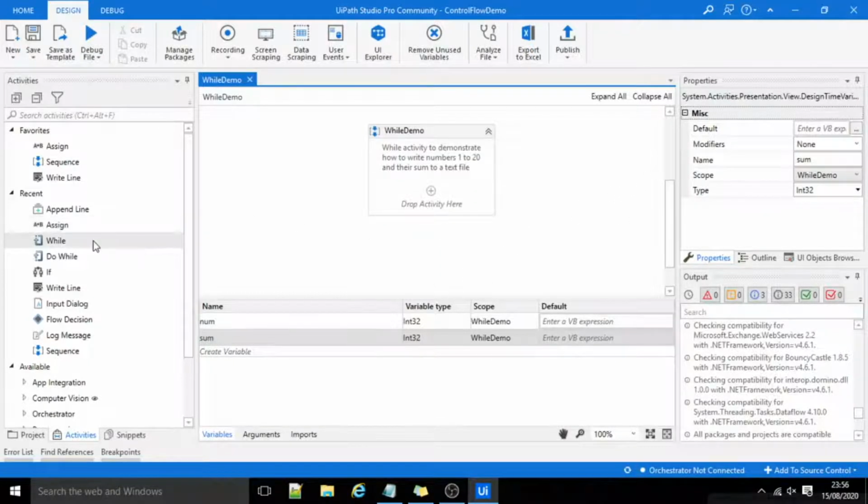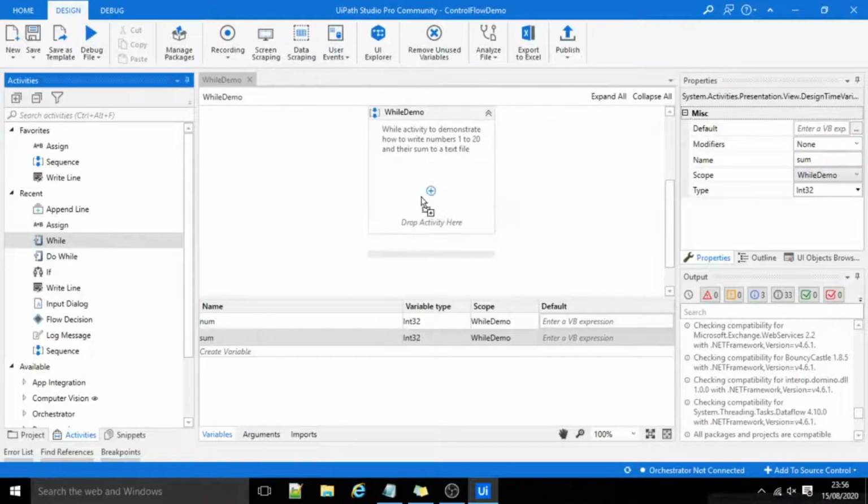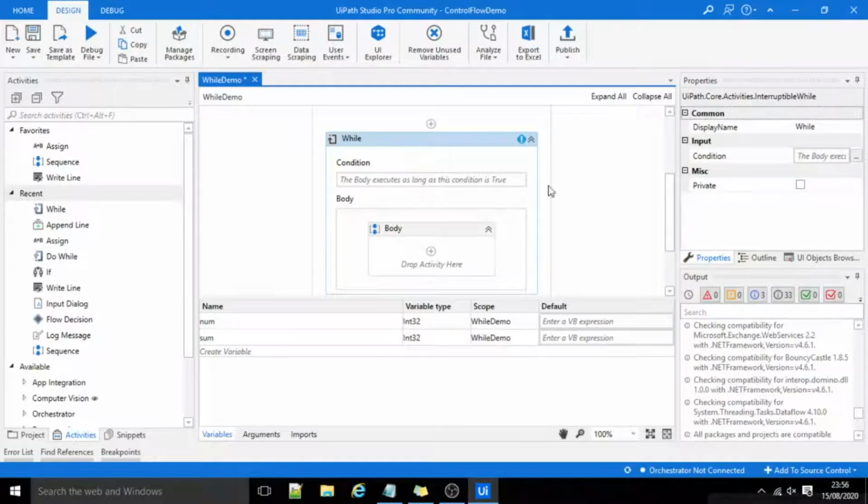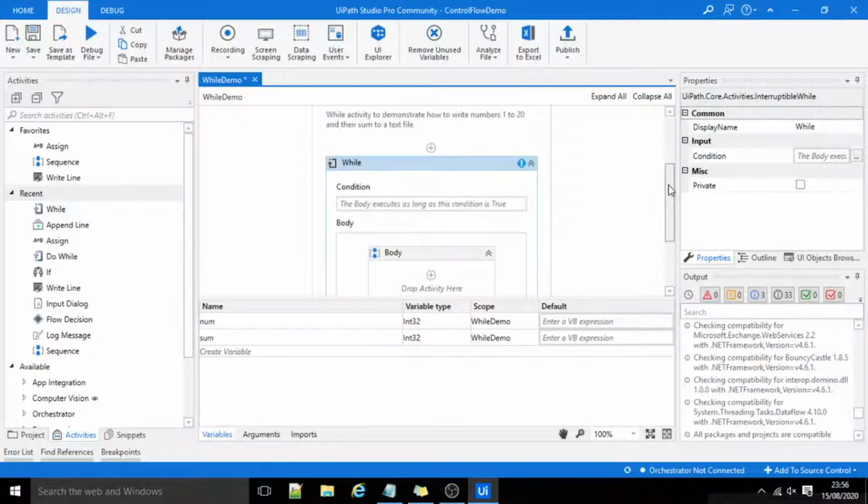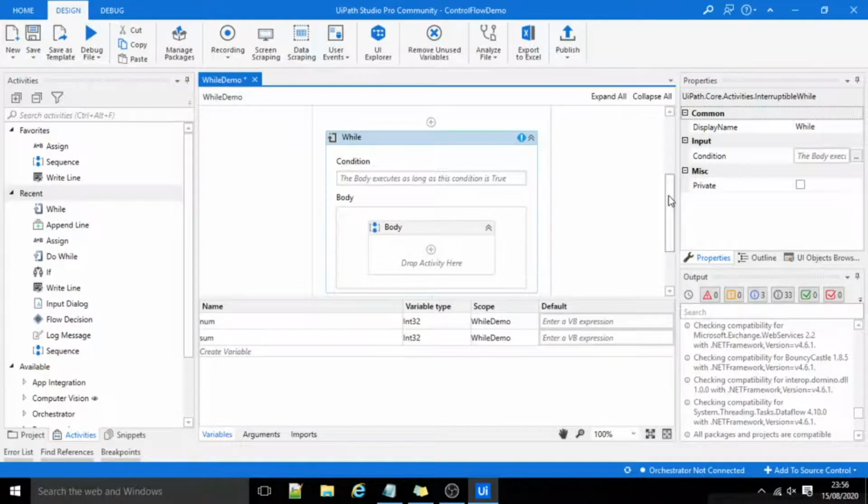Now I'll drag a while activity. As we can see, this while activity consists of two sections. First one is condition and second one is body.